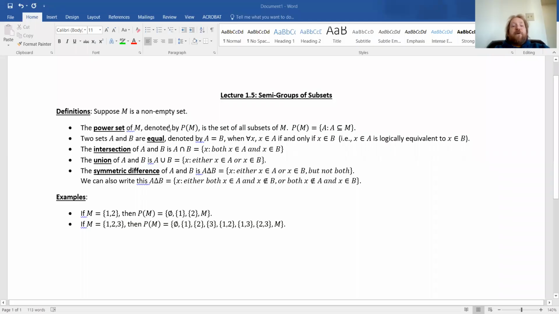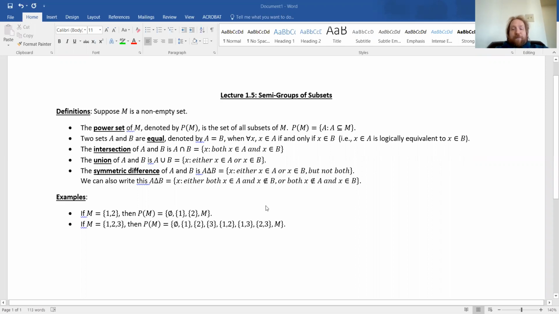Hello, abstract algebra students. We will now explore the various algebraic structures on P of M. So the power set P of M is our set. We have our familiar notion of set equality from foundations. And then we have three operations: intersection and union, which are familiar from foundations, and symmetric difference, which is new. I am going to talk about symmetric difference in this lecture, and then you can talk about intersection and union